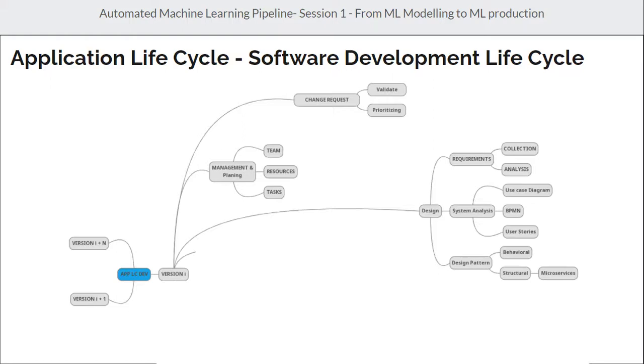Now, with the design, we also have to choose the real engineering part of the design of the system, which is the design pattern we are going to follow. We have two kinds of design patterns. One is behavioral, describing how the data will move from one entity to another. The other is structural, describing the most effective way to create your objects and release the memory, when to release it, and the best way to implement multitasking for the same objects. All of this comes from the design pattern.